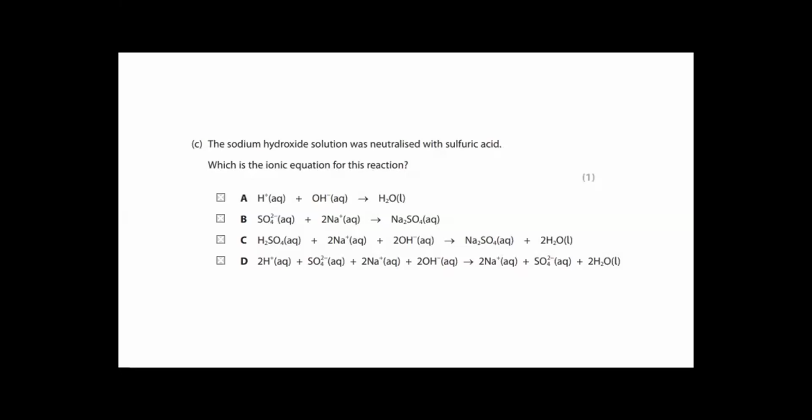Then H2SO4, 2H plus, SO4 aqueous. Okay? And what is the product then? Sodium sulfate. So sodium sulfate also 2Na plus and SO4 2 minus and H2O liquid. So this is the answer D is the ionic equation for the